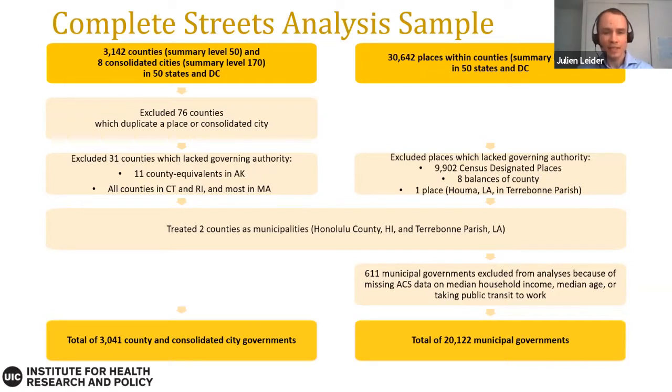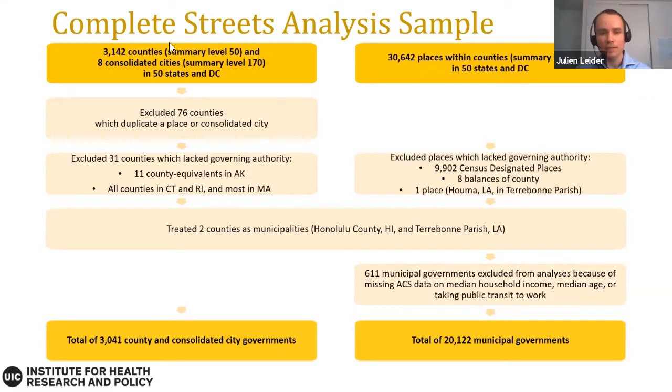We treated 2 counties as municipalities based on how they were classified in the Census of Governments. For the municipal analysis, we started with 30,642 places within counties, and we excluded places without governing authority, which included nearly 10,000 census designated places, as well as 8 balances of county and 1 place which we knew to lack governing authority based on the information from